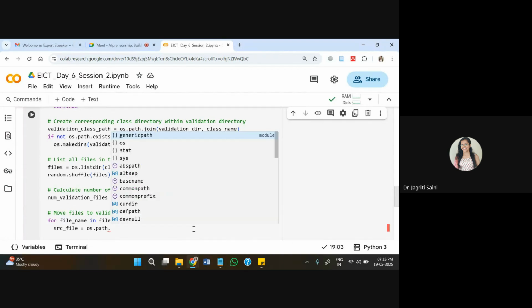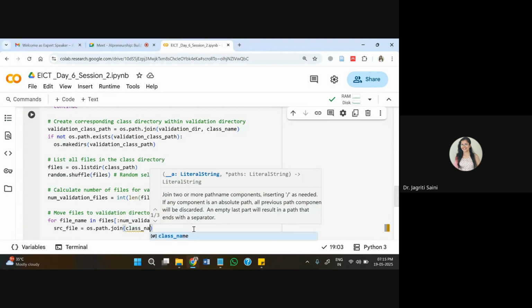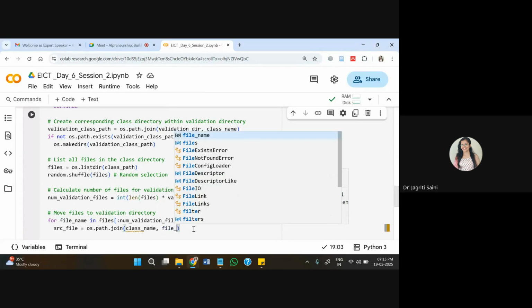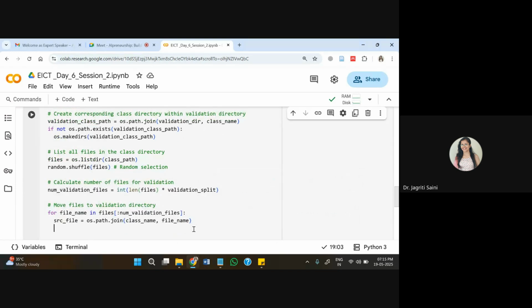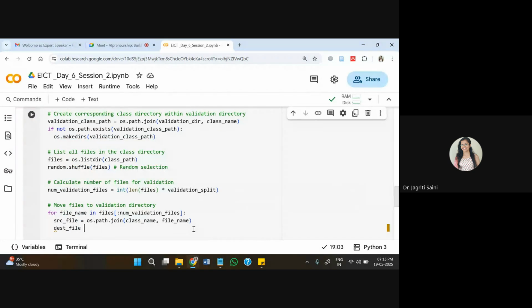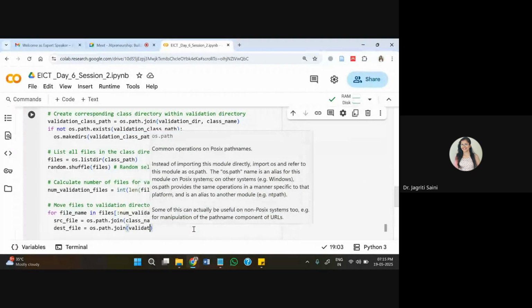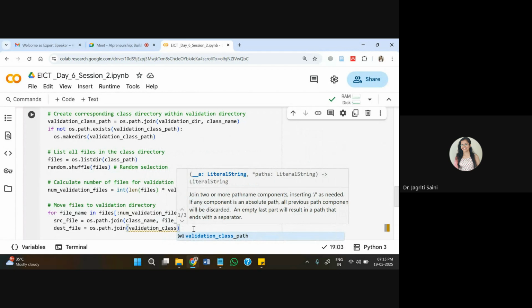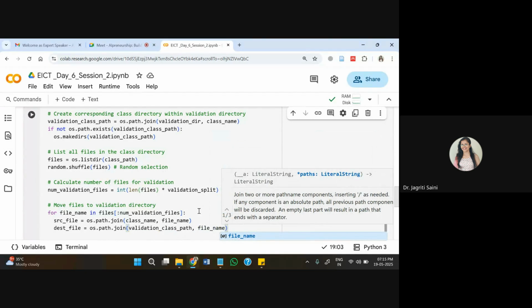So we'll connect the path of the source file, that is your initially extracted path from the train repository, and then we have the destination path. So I'll write destination file, and here also we will pass join, and this time it will be validation class path and file name as it is.